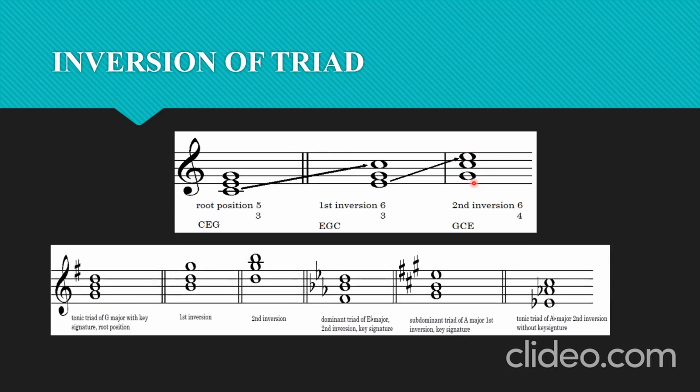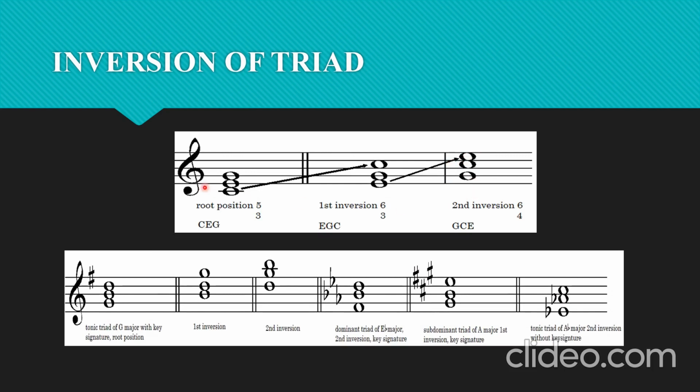And then an example is shown. Tonic triad of G major is exactly this. Then you do the inversion. The first inversion is the root G taken an octave higher, and then it comes here. Every other note will remain where they are. Then the second inversion will be this B taken an octave higher, and then every other note remains where they are. Do you understand? And that is so straightforward.